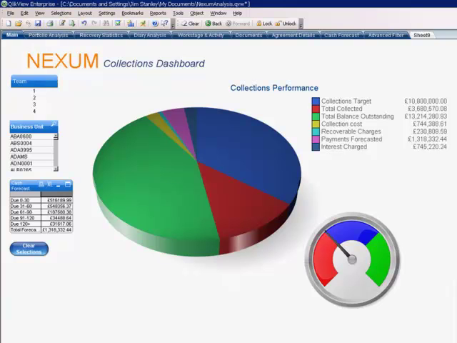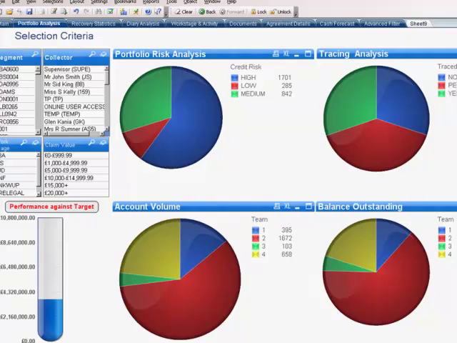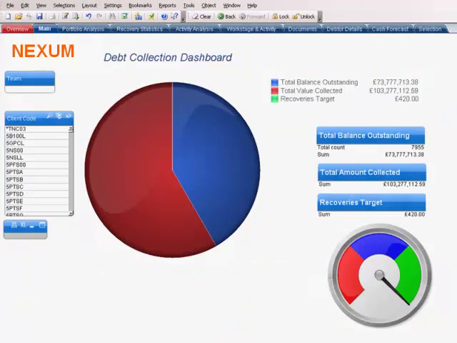Obviously, monitoring this performance is absolutely key. So again, we provide a number of comprehensive key performance indicators based on dashboards, which enables you to monitor targets, collections activity, costs of collections, charges that have been incurred, dispute analysis, etc. You can drill down into portfolios of accounts based on business unit, based on collectors, based on values. You can look at your portfolio risk. You can look at accounts where you can't find the customers that are being traced and how the tracing agency is performing. You can also look at a number of different factors as well in terms of